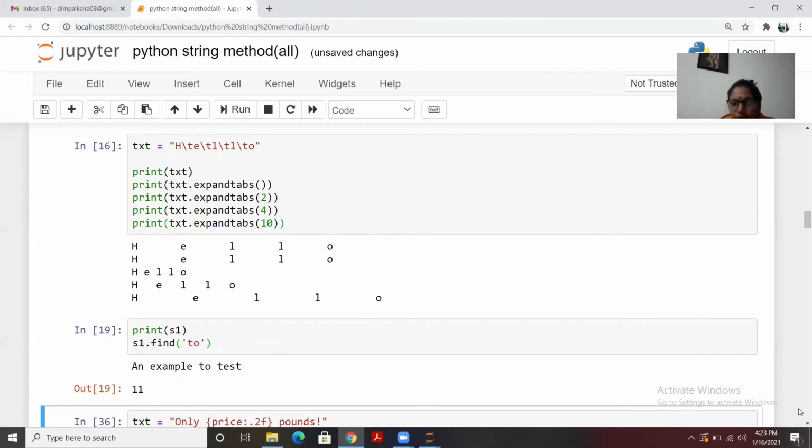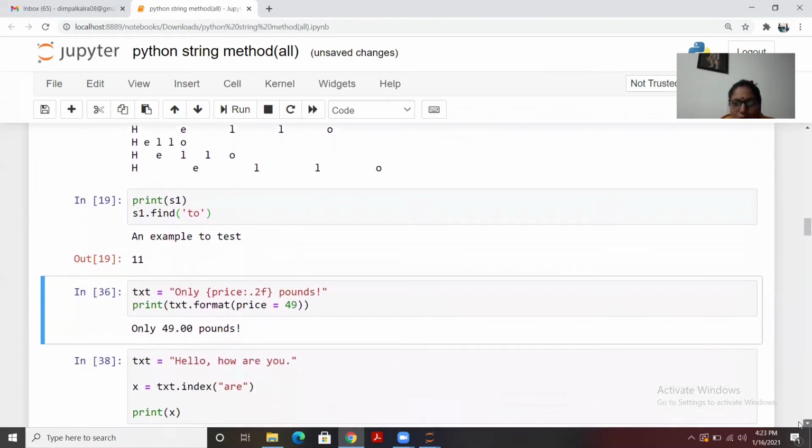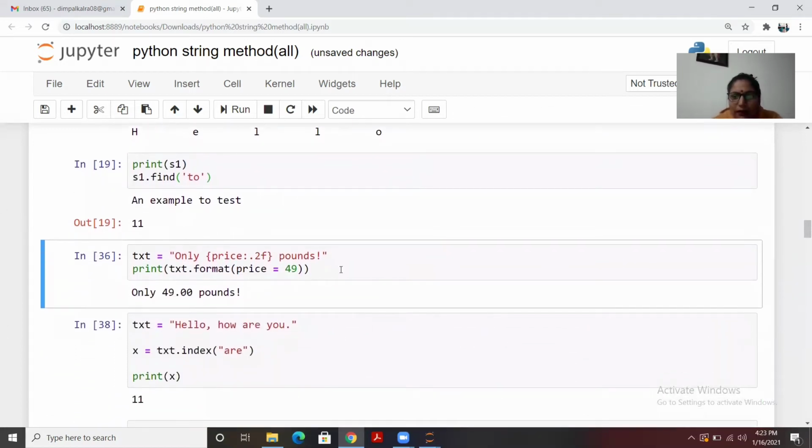Then if you go to the format, basically in case you want to format your string based on certain values. For example, I have put this 2f here. So 2f is for the floating value, for 2 places after the decimal.